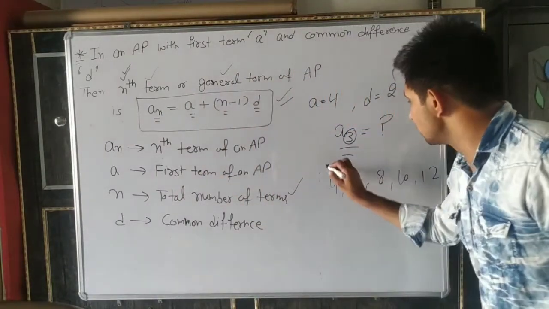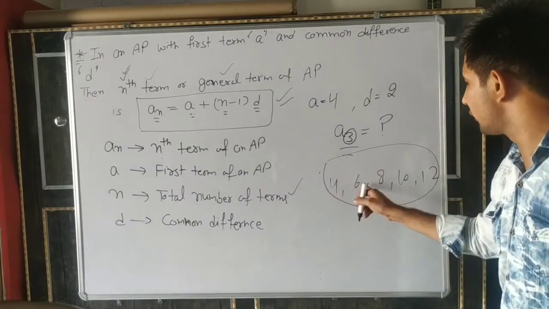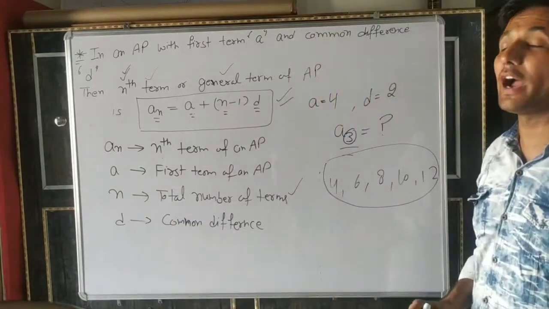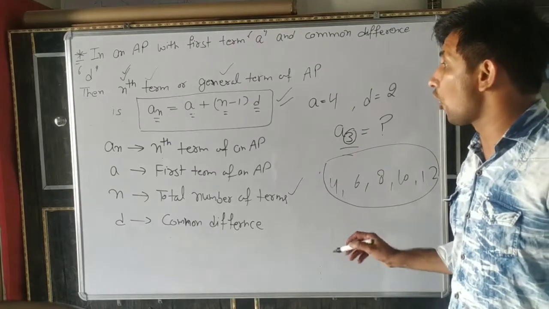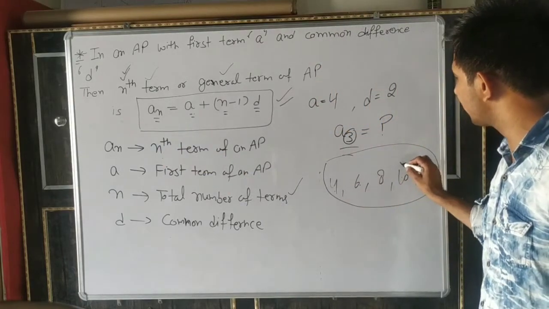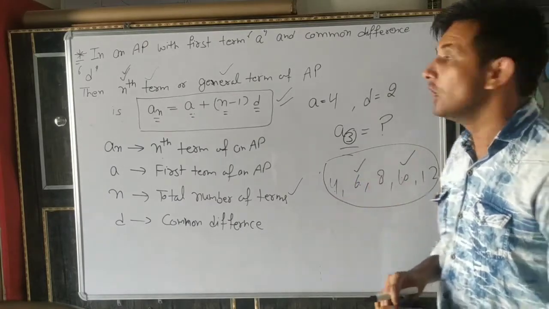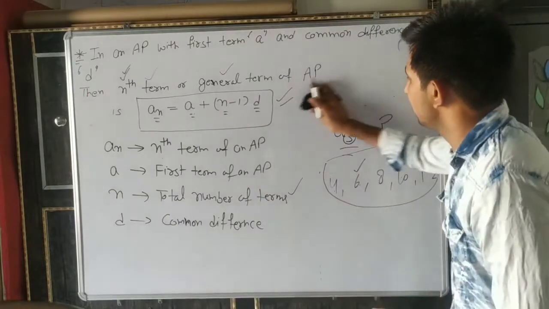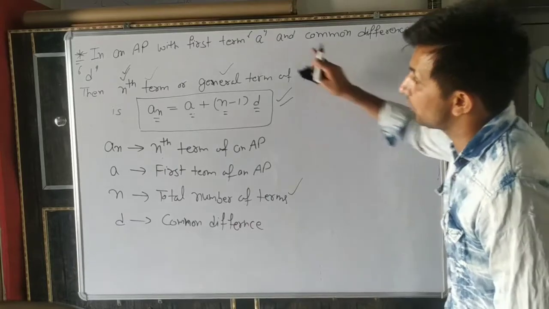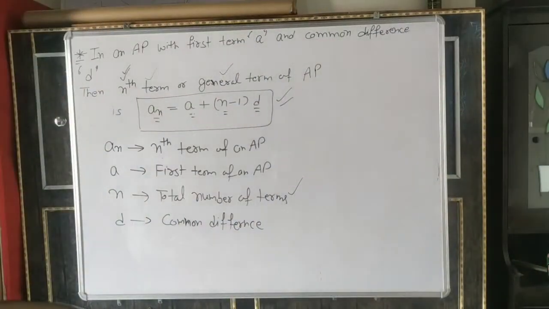Like this one, suppose it is an AP. If I ask you how many terms, 1, 2, 3, 4, 5 terms, n is 5. But if I ask you to find the fourth term, 1, 2, 3, 4, it is the fourth term. What is the second term? 1, 2, it is 6. Understand? So please note down this formula dear, it is very important. All exercises and all questions depend on this formula. Now we will start our exercise.